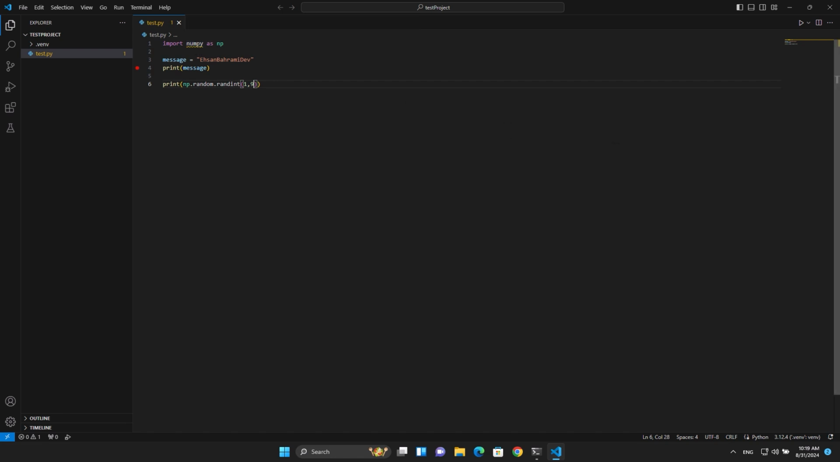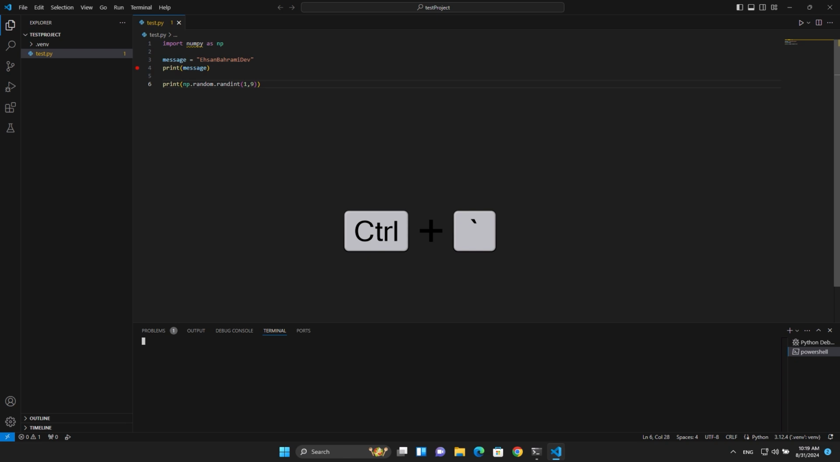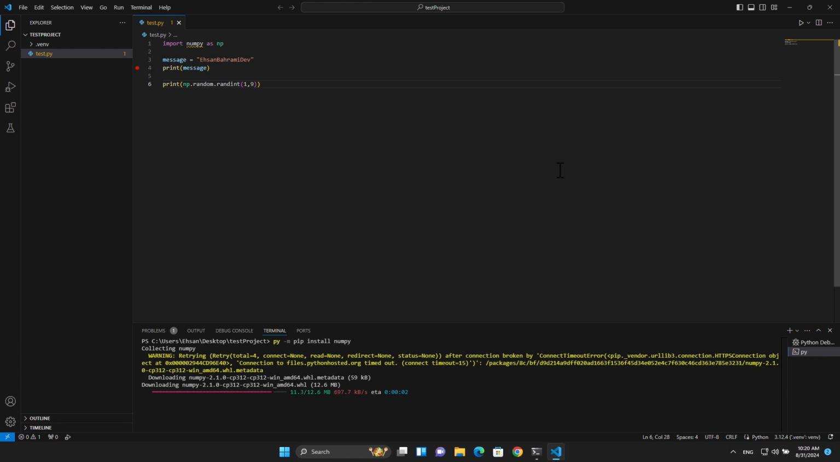So for installing this package, you can open terminal and type py -m pip install numpy. Press enter and it's downloading and installing your package. It takes some seconds to some minutes. At the end, it shows a successfully installed numpy message, and at the top in your code, you can see it